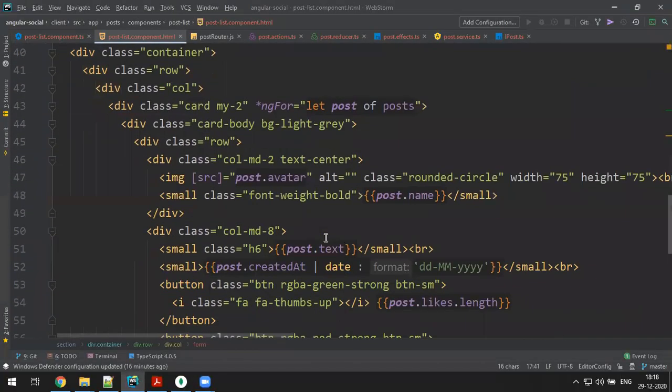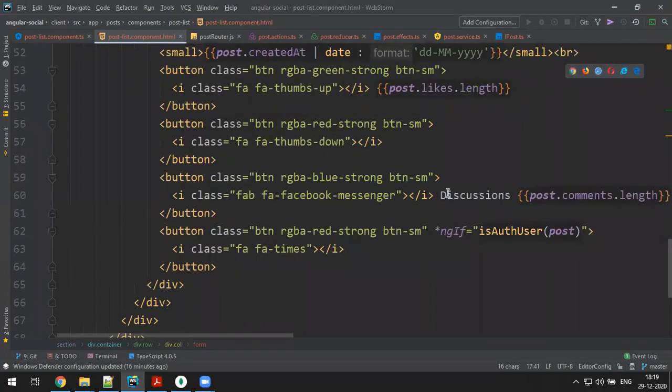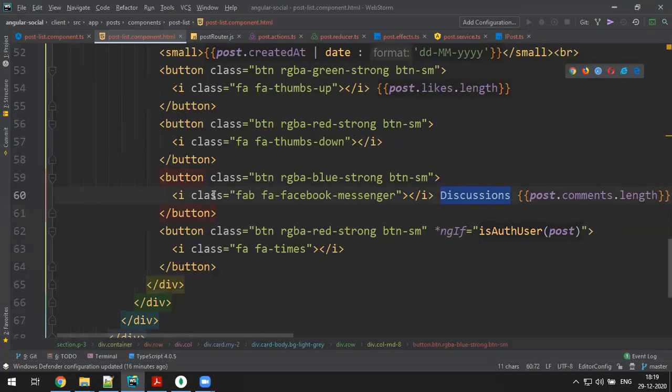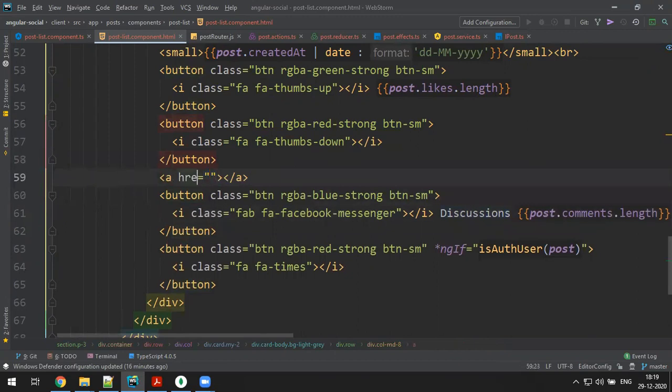Where is discussion? Yeah, here is discussion. For discussion, I don't need this to be a button. It's supposed to be a link. If I click on this, it's supposed to go to the next page. So better I take an anchor tag. This is a router link, slash post slash the post ID.